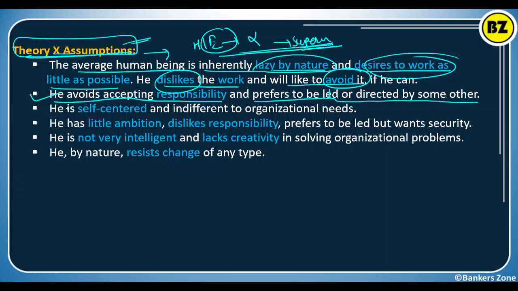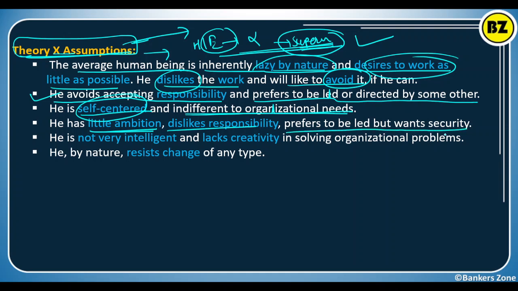This is assumed, that's why according to theory X humans need supervision. Okay, now humans are self-centered and indifferent to organizational needs. So they are self-centered and not aligned with the goals of the organization, and that's why supervision is needed. This theory assumes that humans have little ambition, they dislike responsibility and prefer to be led